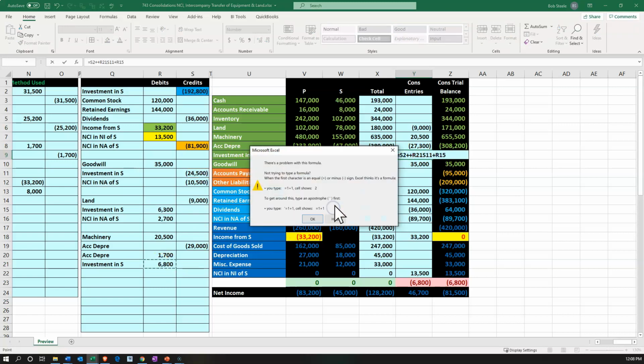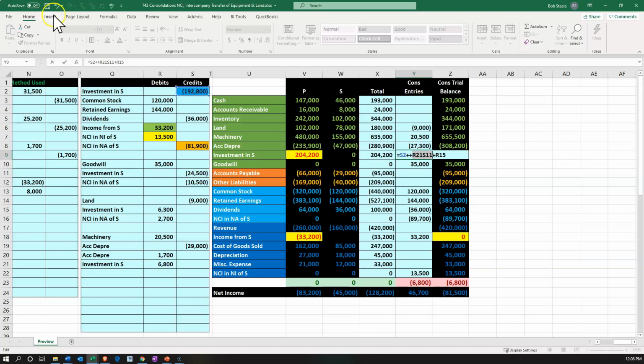So I did something funny, something bad happened. Can I undo it while I'm in there? Yeah. So then I'm going to say the investment account, and that should bring it to 0. So that is nice. Okay, so then this accumulated depreciation records the reversal of the extra accumulated depreciation that took